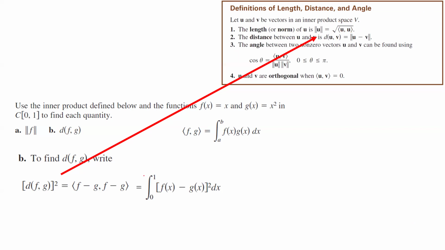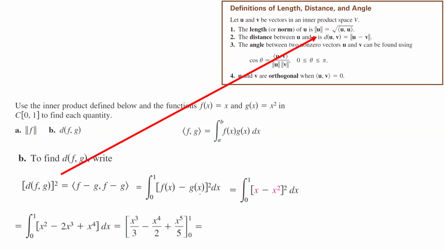It is equal to the definite integral 0 to 1 of f minus g times f minus g, or f minus g to the second power, which is equal to the definite integral 0 to 1 of x minus x squared to the second, or the definite integral of x squared minus 2x cubed plus x to the fourth dx. We're going back to calculus, everyone. This is a third x to the third minus 2/4 x to the fourth plus 1/5 x to the fifth, 0 to 1. If you do the substitution, we get